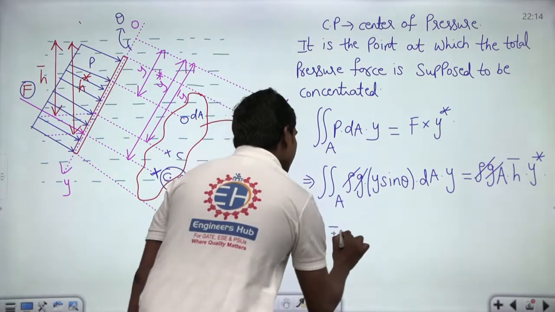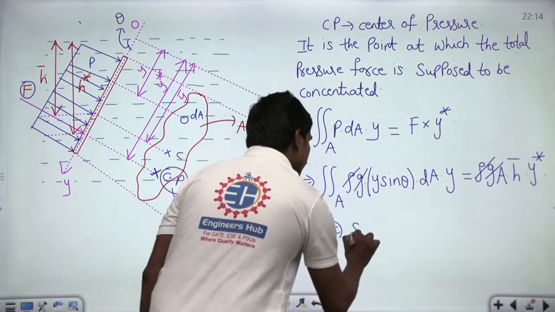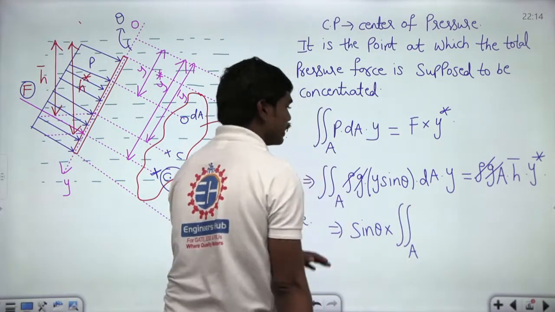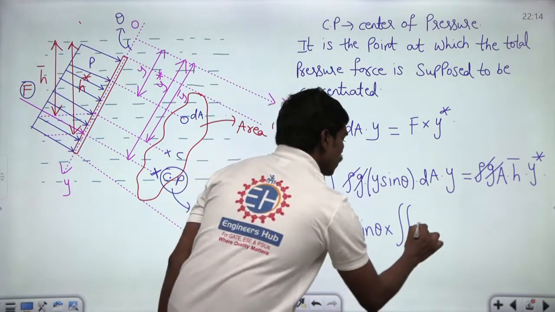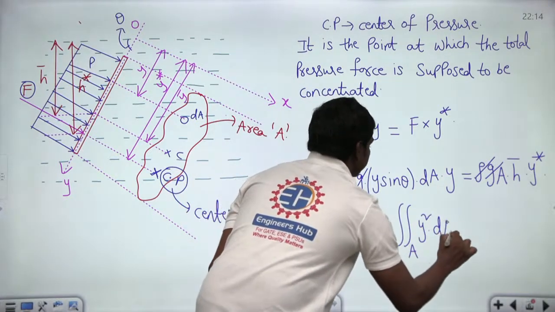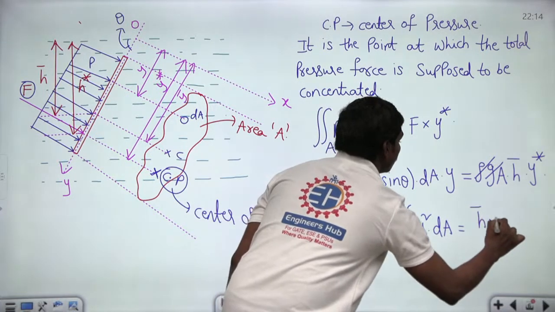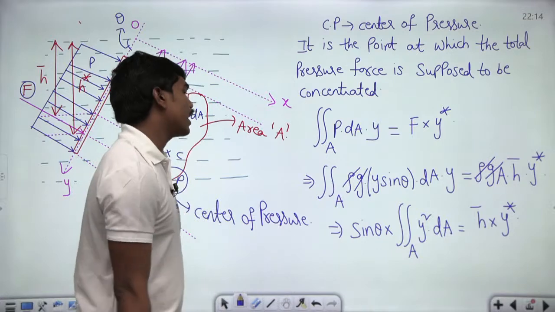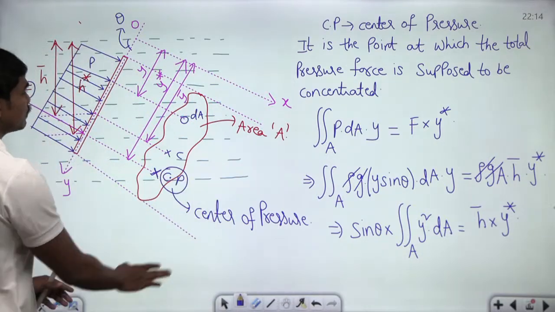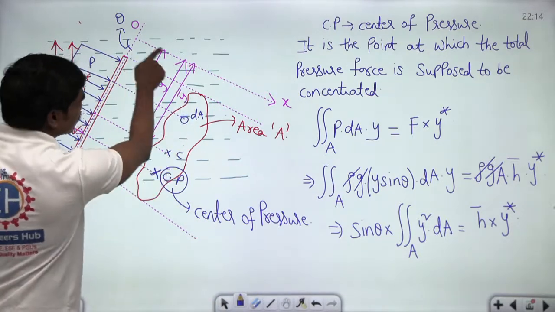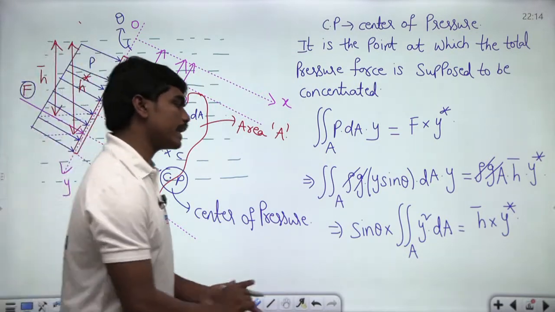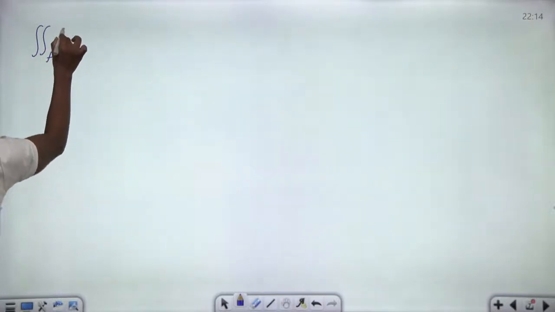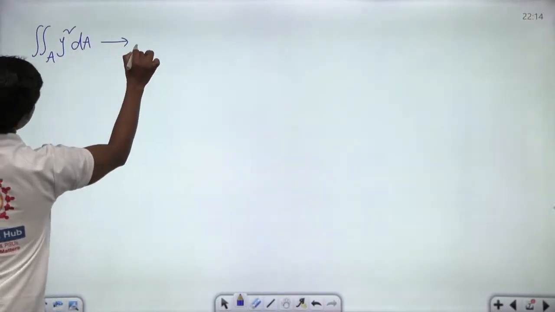So, if you cancel this, we have sin theta. If you take out sin theta, the double integral over the complete area A of y into y gives you y square dA, and this will be equal to H bar into y star. This is what we have. Now, integration of y square dA is nothing but the moment of inertia of this plate about this OX, correct? Can you tell that the double integral over area A of y square dA is nothing but the moment of inertia